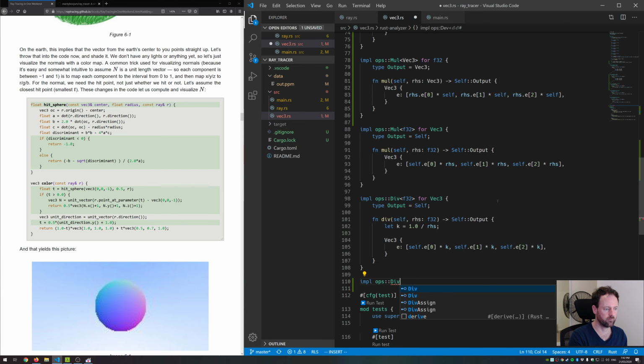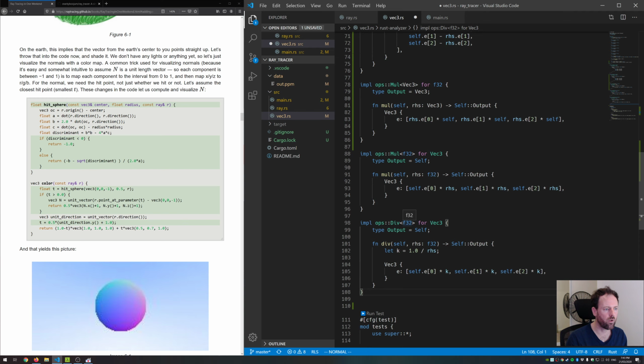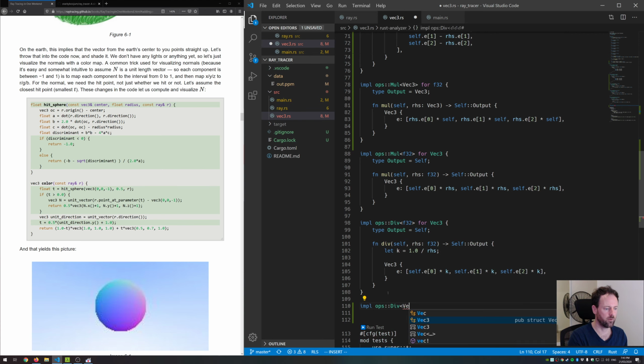So ops divide vec. Huh, already did that, did I? So I did sub. No, I didn't. Okay. So let's go and do that. So implement ops divide for float 32. Again, so the type will be still vec. We'll still want a divide function like this, but we'll need vec3, and we'll still output vec3, but in this case it'll just be something like